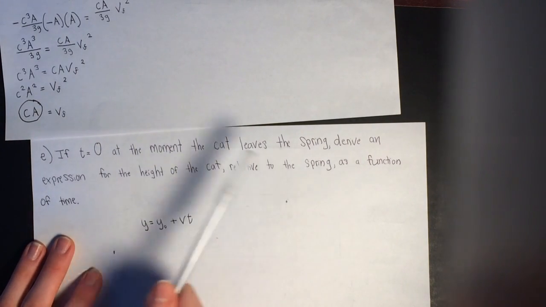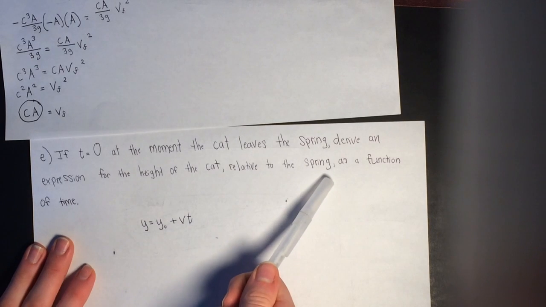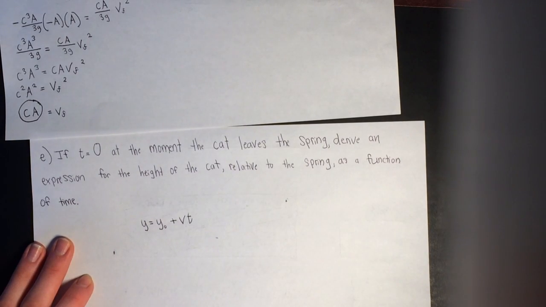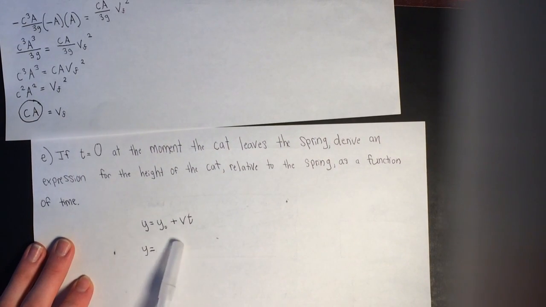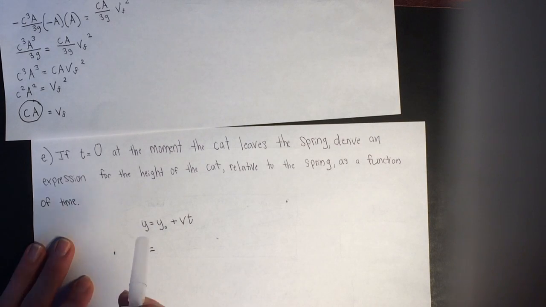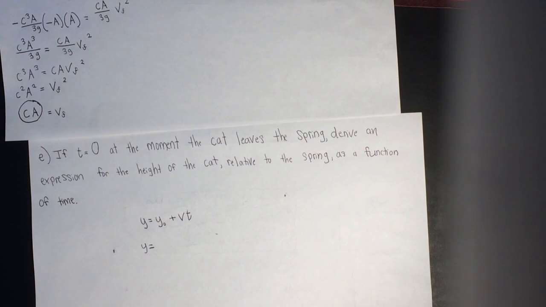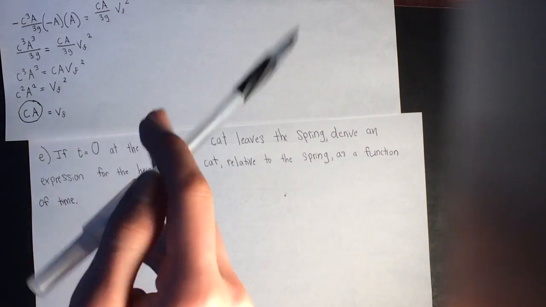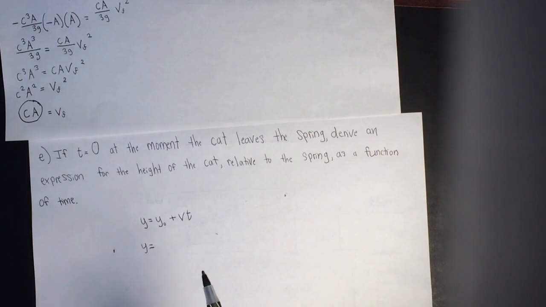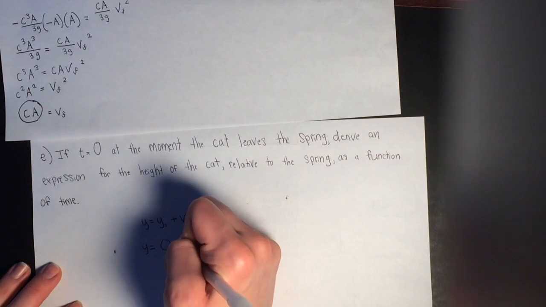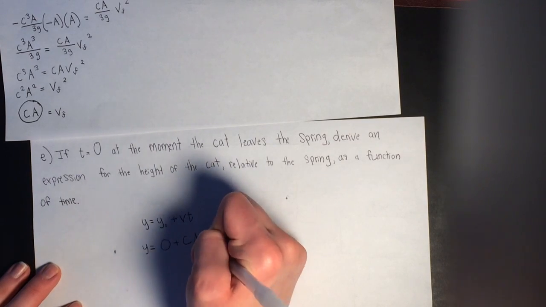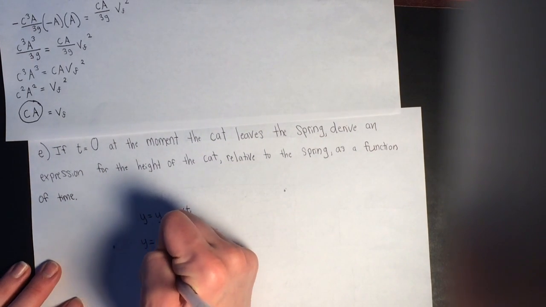Now, we want an expression for the height of the cat relative to the spring. Well, that would mean that its initial height is equal to 0, because they want us to find the height of the cat relative to the spring, meaning that the spring is 0, and everything we've dealt with begins where the cat is leaving the spring, and its height is at 0. So this is 0. The velocity, as we figured out, is ca, and then you just multiply by t, and very simply you just get